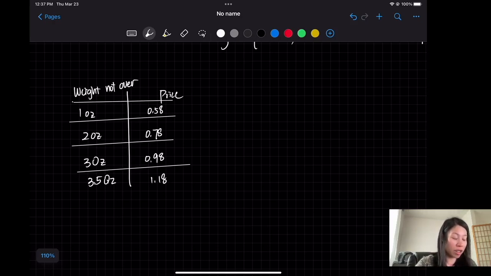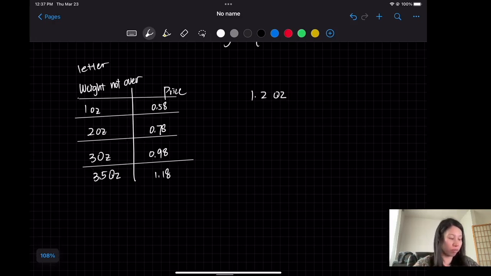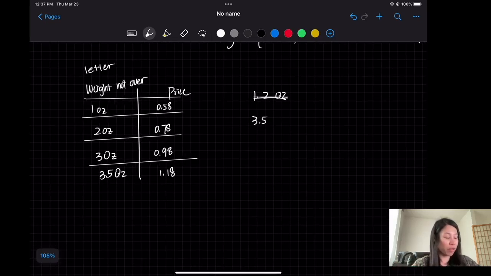Okay, so now let's take a look. When the letter weighs not over 1 ounce, they're going to charge you 58 cents. If it's not over 2 ounces, they charge you 78 cents. How do you comprehend this table? If your letter is, for example, 1.2 ounces, they will charge you as 2 ounces, right? So the price would be 78 cents. Does this make sense? If the letter is above 3 ounces but not over 3.5, such as 3.4 or 3.31 ounces, they're going to charge you